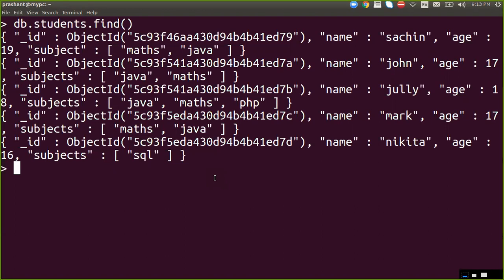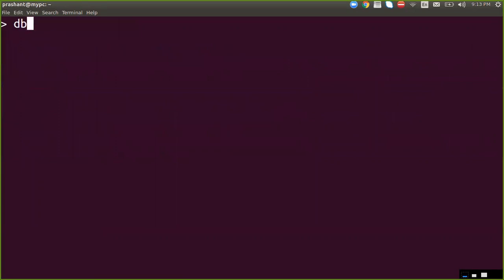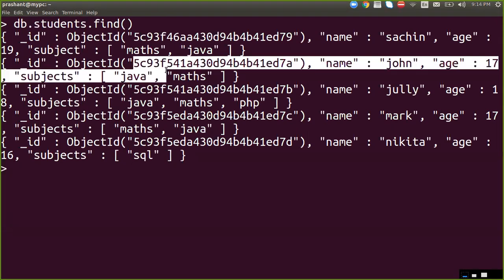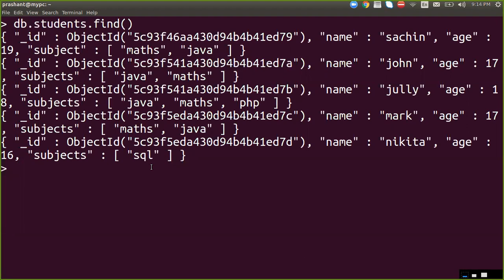So within the first type, we can update the Mongo document by using id. Control plus L. Now here db.students.find. For that we need an id, so here I can use this object id. So for this update, db dot